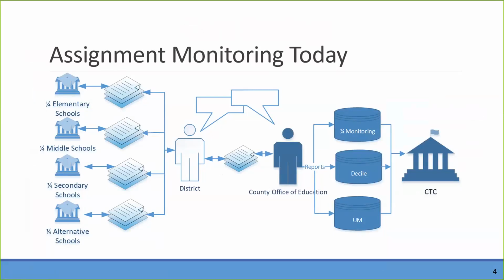So right now, under assignment monitoring today, the education code requires that 1/4 of all of the certificated staff in the state be monitored each year, every year, and at the end of the 4 years, all of the state has been monitored. So 1/4 a year for 4 years, and the whole state's been monitored. So most counties choose to break that out by district. They do 1/4 of their districts each year. But they could do it by school site, for example, if they have a really large district that they want to break up into 1/4 segments by school site.